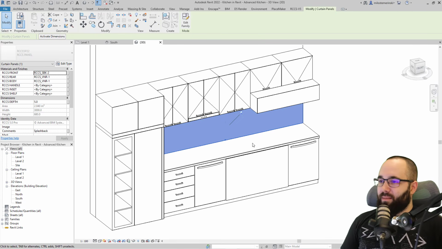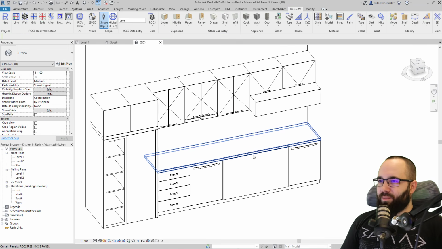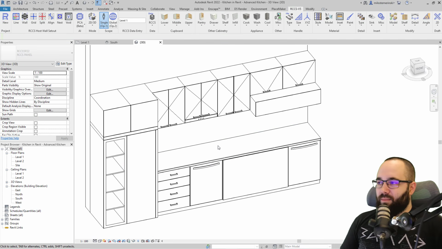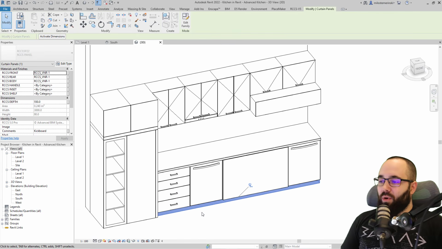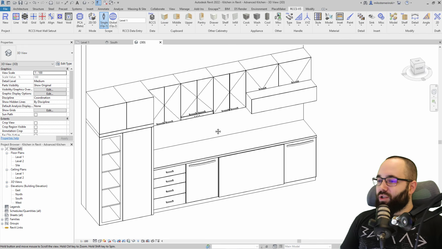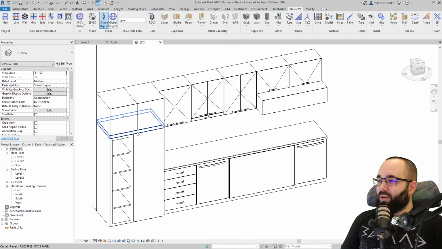Here we have this backsplash. We have basically the bench top, washing machine, some drawers, and so on. So the kickboard on the bottom. So we pretty much have all of the basic elements here, and now it's just fine-tuning to complete these. So what I would do now is here, for example, for the refrigerator, I actually want gaps here,